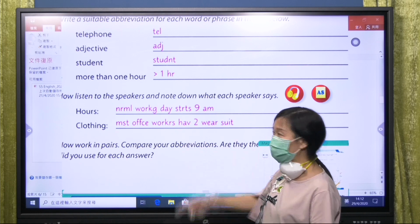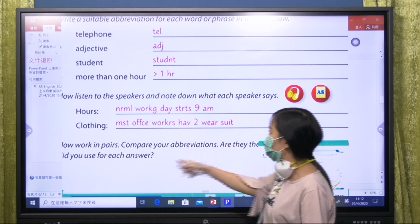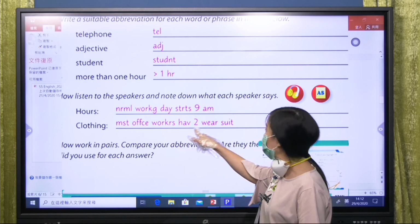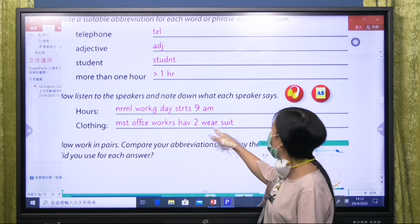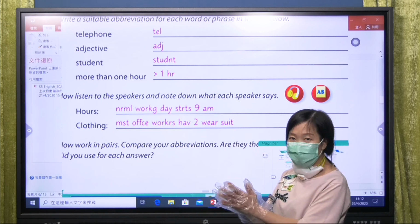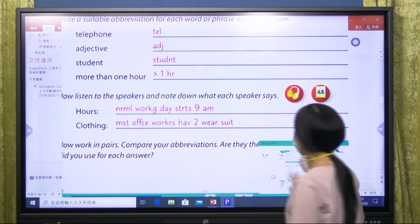A very quick way. And clothing, most office workers have to wear suits. So you see, no O, no I for office, and workers no E, and no E for have to. 2, you say 1, 2, 3, 4, 5. It's 2, and wear suit. This is the way to do it. All right. So if you are happy with this, we will go to